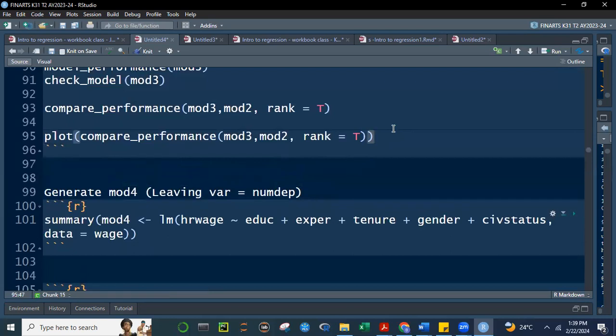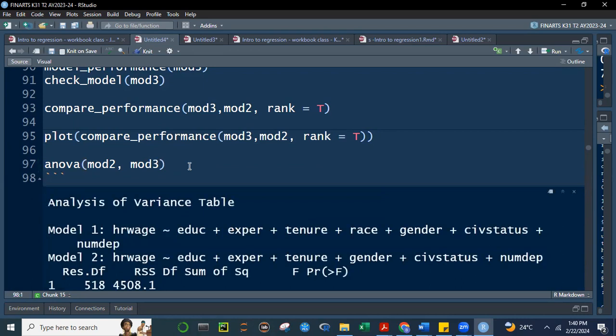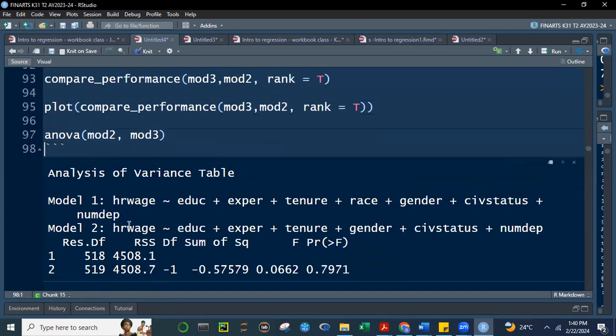Meron tayong ANOVA, no? So physically test, model number 3, model number 4, and the model number 2. Model number 3. Okay, the restricted model here, class, is model number 3, kasi binawasan natin si model number 3. The unrestricted is model number 2. So if we run this, what will happen is that yung table na to, class, yung model number 1 is